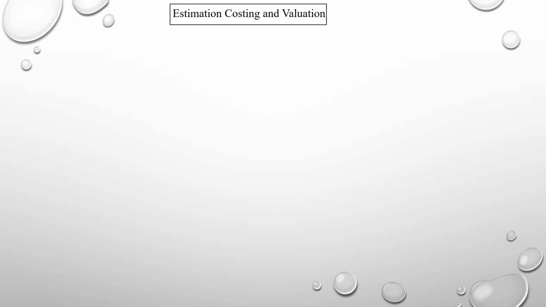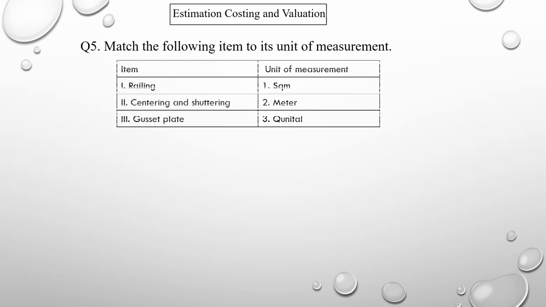Then next, the fifth question is from estimation, costing and valuation. This is a question related to the unit of measurement. Here the question is given. On the left side the items are given, and on the right side the units of measurement are given. First is railing, second is centering and shuttering, third is gusset plate. Railing is measured in meter. Centering and shuttering are formwork related terms which are measured in square meter